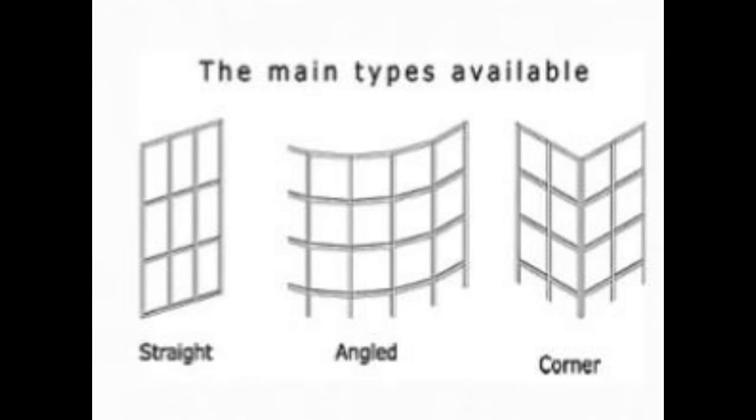So let us see the types of curtain walls. Okay, if we see according to their form or shape, there are straight curtain walls, angular or angled curtain walls, corner curtain walls, or even curved curtain walls. Now this curve might be in the appearance, made by using a few angles, so it also falls under the angled curtain walls. If we see function-wise and installation-wise, there are three basic types of curtain walls.